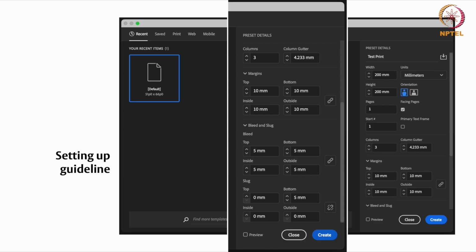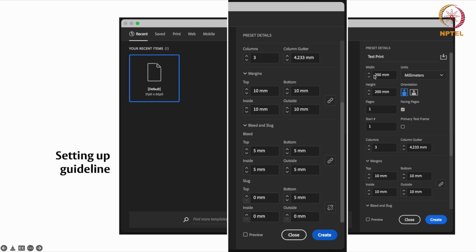Now look at what is visible on the screen. This is the first stage, so I'm taking InDesign as an example just to help you understand what parameters have to be considered while preparing any print file. When you start with a new file, you get this window, and if you scroll down you will get this part.